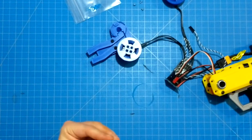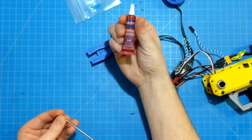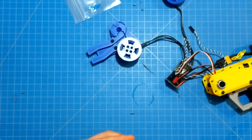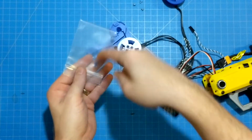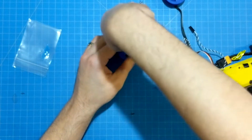So you do want to use Loctite. I have a tube of Loctite here. This is Loctite 242 blue. It is removable. Don't use the red stuff. The red stuff is permanent Loctite. If you use that on this, you will never get your flywheel off again. So I usually put a few drops on a little baggie, and then